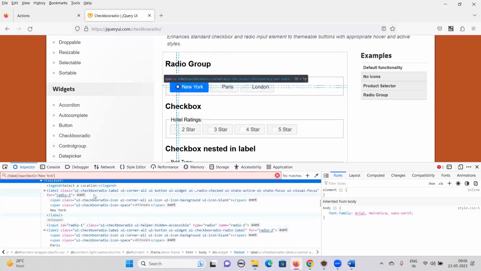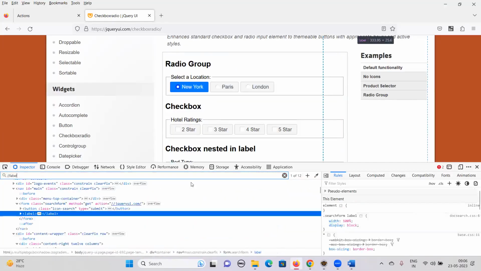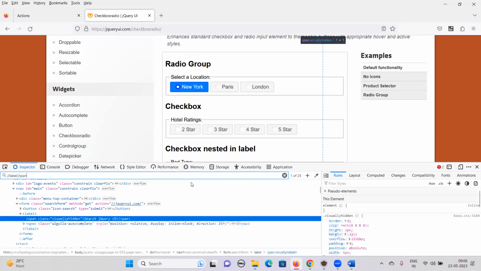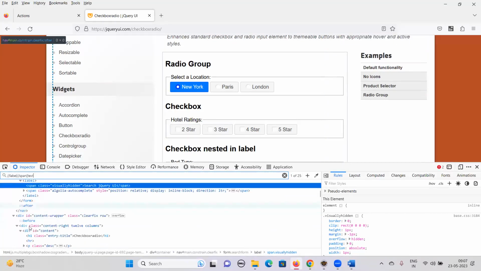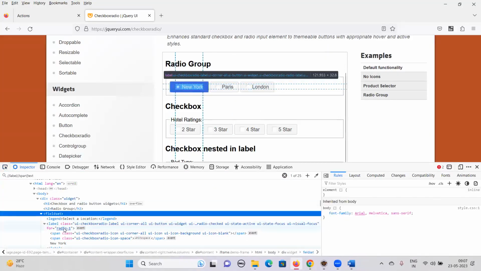So label, and after that, we have a span. Okay, so under this, I'm going to use